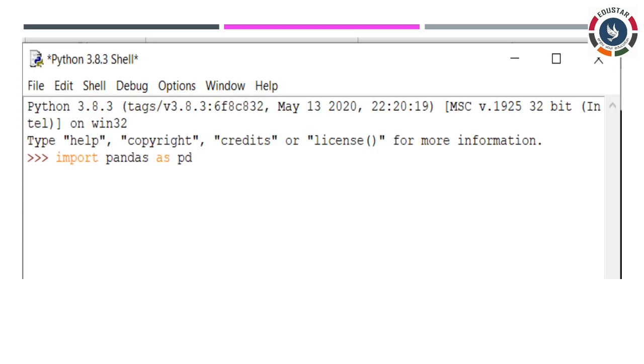And then next, if you want to check whether the program is installed or not, you have to know how. Just open the Python program. Click on the Python shell window, and then simply type import pandas as pd. After pressing the enter key, if no error message is displayed, it means pandas was successfully installed in your computer. So now it's ready to use pandas in your program, correct? So this is the way to install the pandas library.